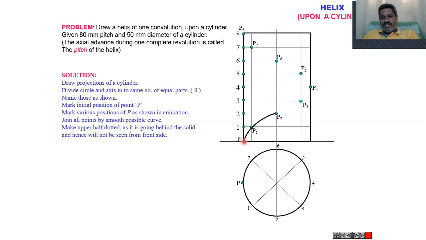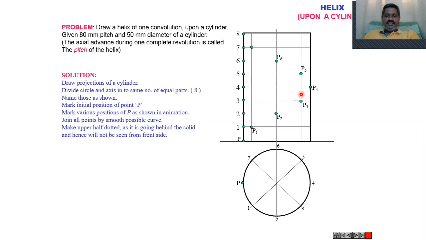Exactly, the point is moving from the starting point to P1 to P4. It is a thick line because this is the front side. During the 180 degrees of rotation, you can see clearly the location of the point. But after that, this point will go to the back side, so the path traced by the point from P5 to P8 will be a dotted line. You cannot see the path of that point location, so I am indicating that line as a dashed line. So this procedure is adopted to draw the helix.